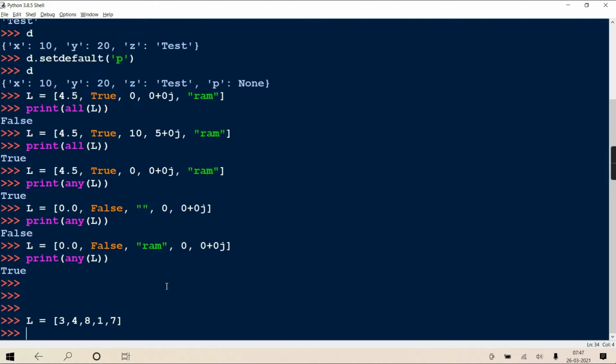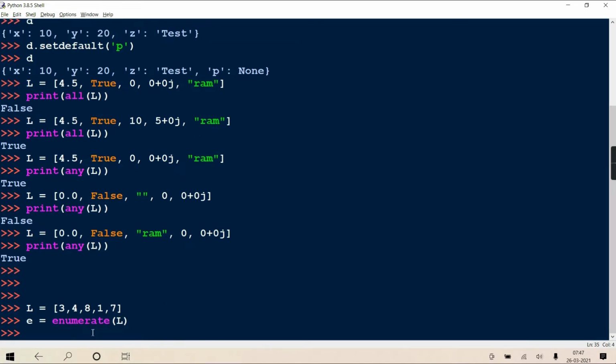It also returns you one enumerate object. So enumerate is also an iterable class. See, E equal to enumerate(L). So when I write E equal to enumerate(L), it is going to return you one enumerate object.